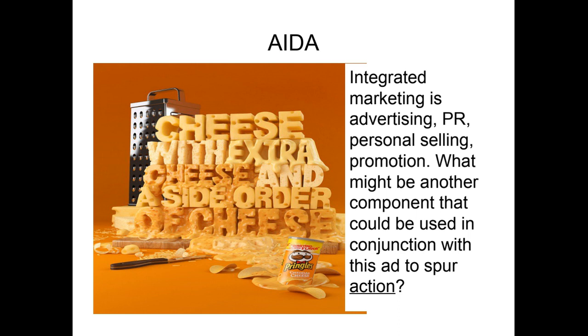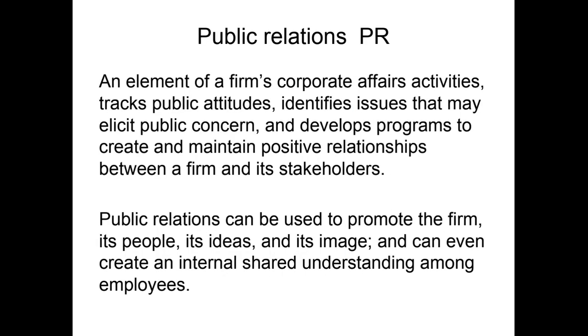I might even use social media. I might come up with some funny type, I don't know, something that might work as well. So we've got digital out there, so again, integrated. Think of all of it coming together from an integration standpoint. Again, public relations, PR,